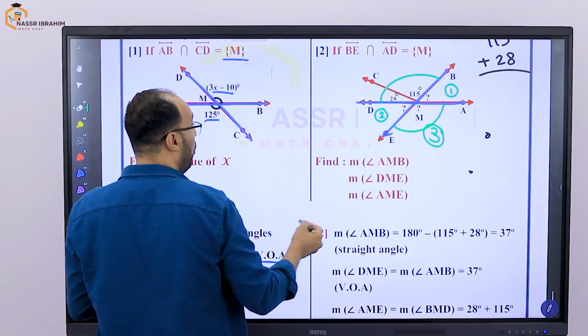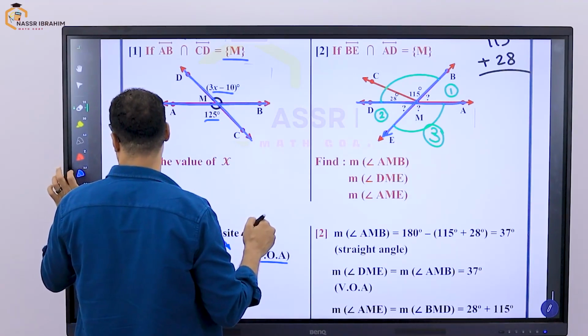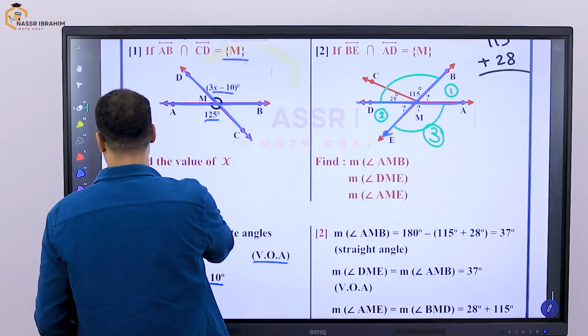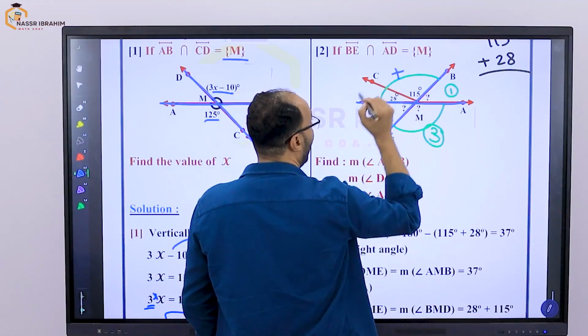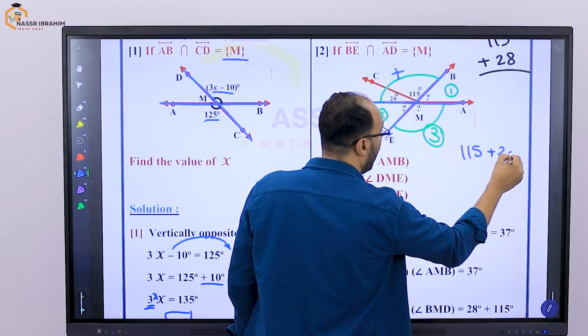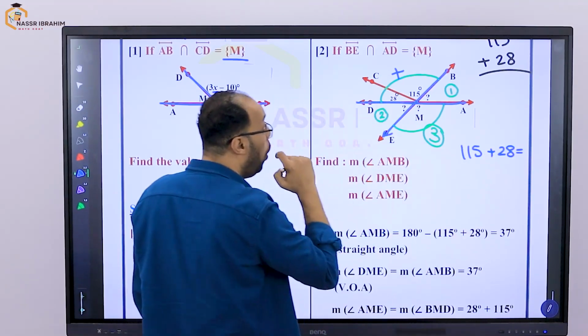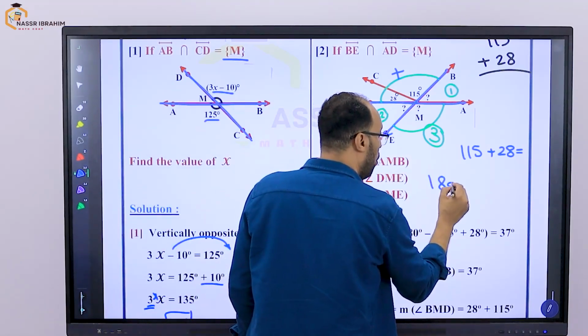As I said, we have how many ways? Three ways. First way, with the vertical opposite angles. As I said before, its measure equals the sum of these two angles. So it will be 115 plus 28. This is the measure. Or the other way, we can subtract 180 minus